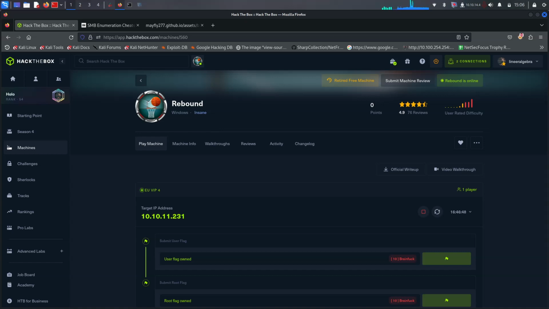We have to be focusing on Active Directory a lot, because I think Active Directory is the best content. I actually really love Active Directory. I can solve Active Directory boxes all day, for hours. And today I'm thinking I need to solve Rebound. This could be an insane machine for Active Directory, but I'm sure we're going to be learning too